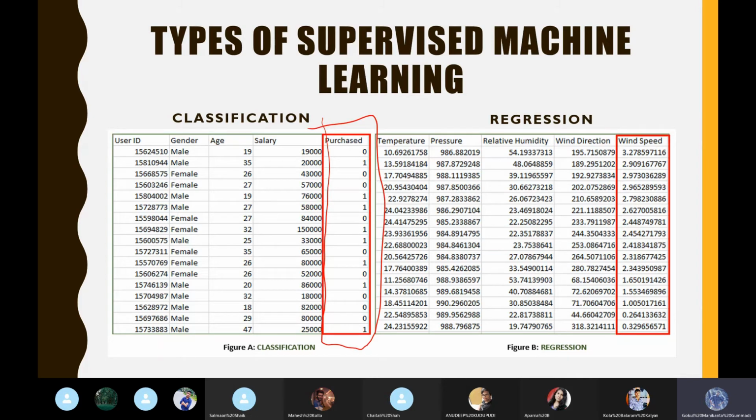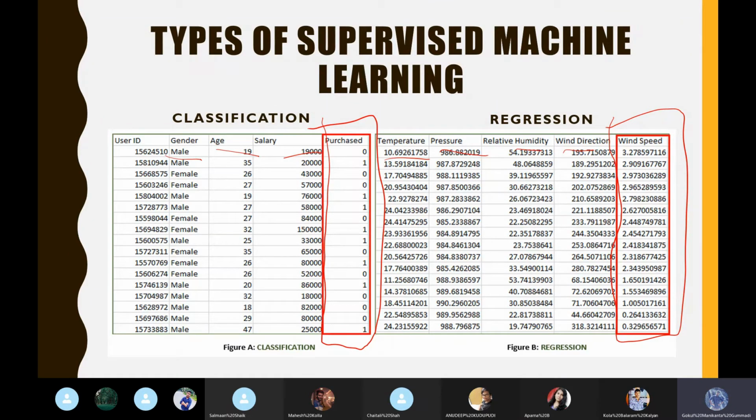Coming to the main difference, as I already mentioned, the classification table has ones and zeros, and the regression has continuous numbers. Here these two are different examples. In the classification, we are understanding whether a person is purchasing something or not with respect to their gender, age and salary. And in regression, we are understanding the speed of wind with respect to temperature, pressure, relative humidity and wind direction.